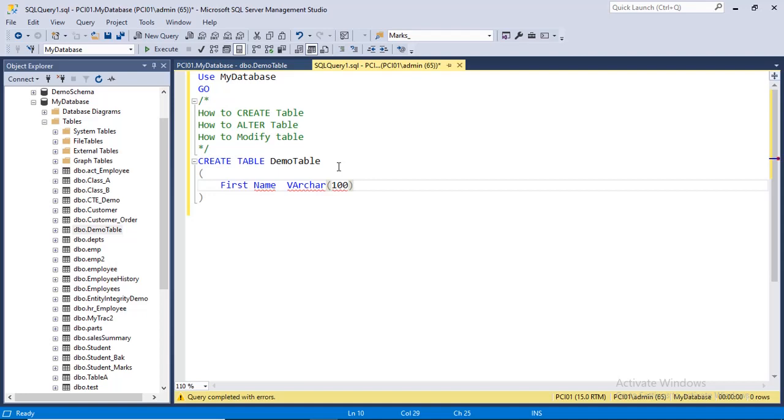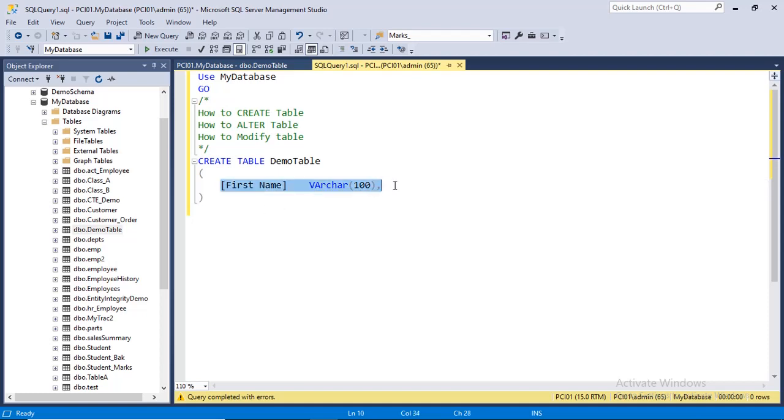It should be a single word. And still, if you want to maintain two words with the space, then enclose it with square brackets. So this is valid now. And every column must be separated by a comma.